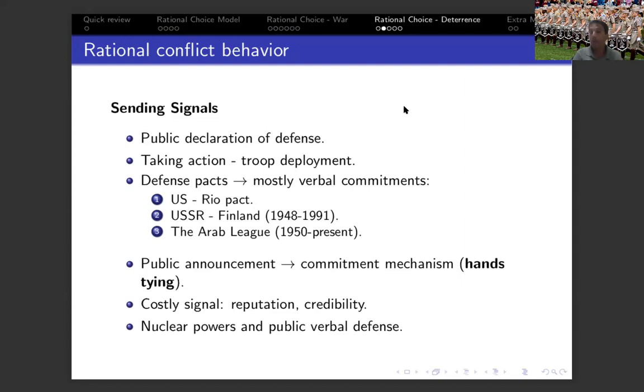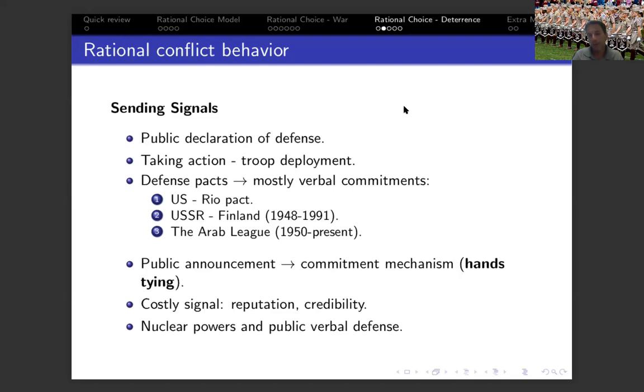The objective of the signal sent by, in this case, the United States, is to manipulate its expected future payoffs. So the signal itself, making the defense pact with South Korea, again, within our example, public, is not costly, but it will be costly if the United States will decide not to uphold this commitment in the future. If North Korea will decide to attack South Korea and the United States will not come to its help, then it's going to be costly for the United States, especially in the context of its reputation, its credibility. Both of them will be at risk because of this reneging.